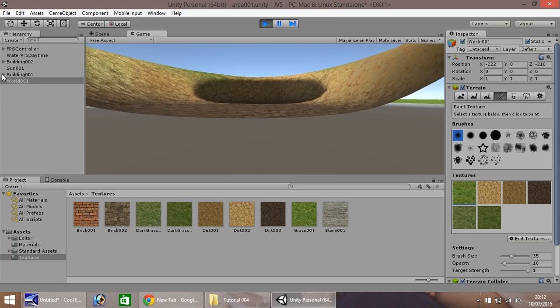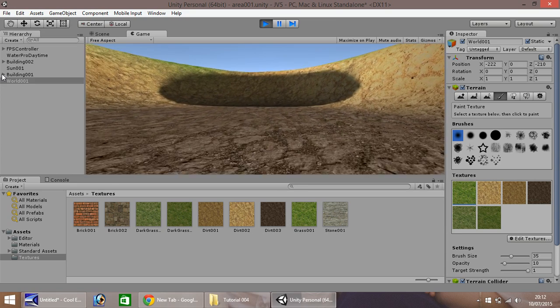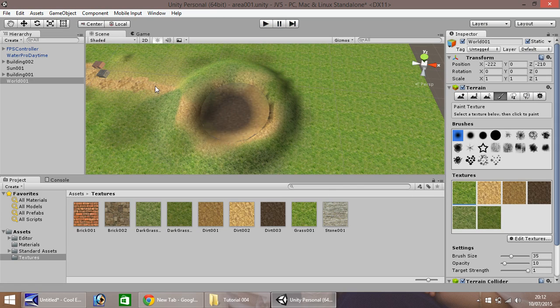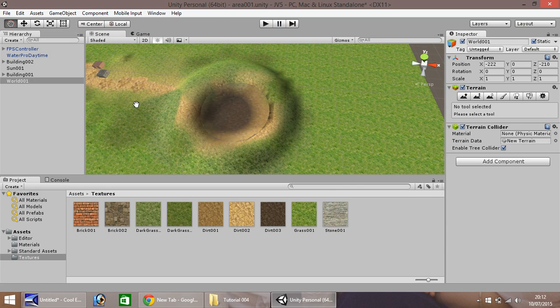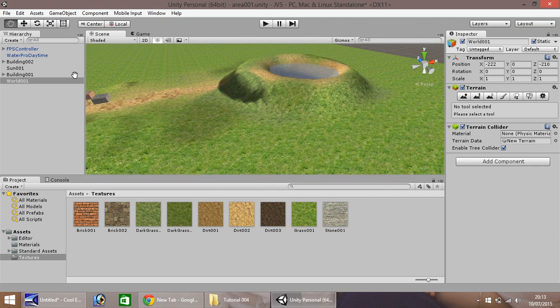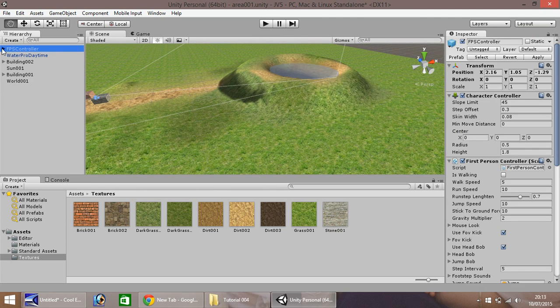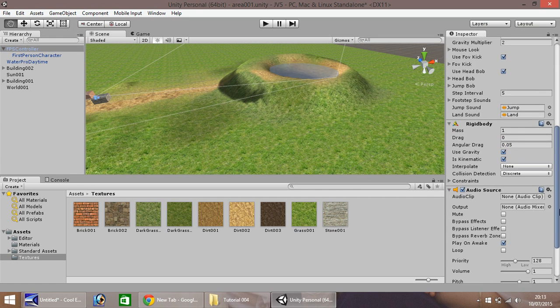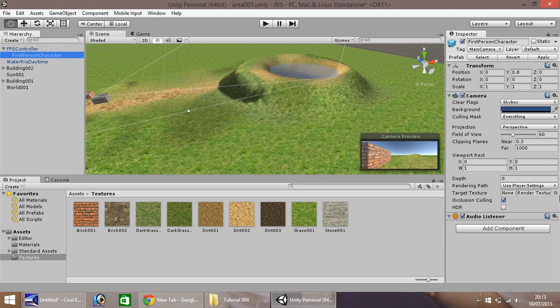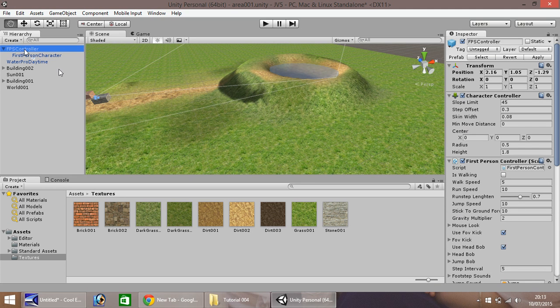Very strange. Now, what we need to do there is, I have actually seen somebody say that this has happened to them in a recent comment. First person controller, and let's check. We have, yes, rigid body is fine there. First person character, yep. Okay, so what we're going to do is, because we've kind of walked through that,